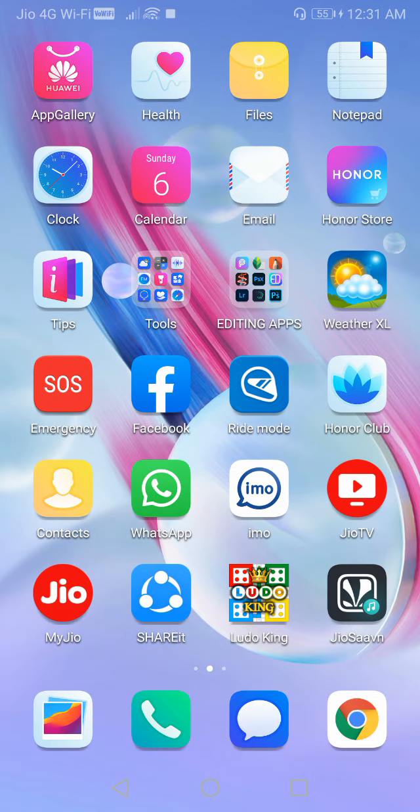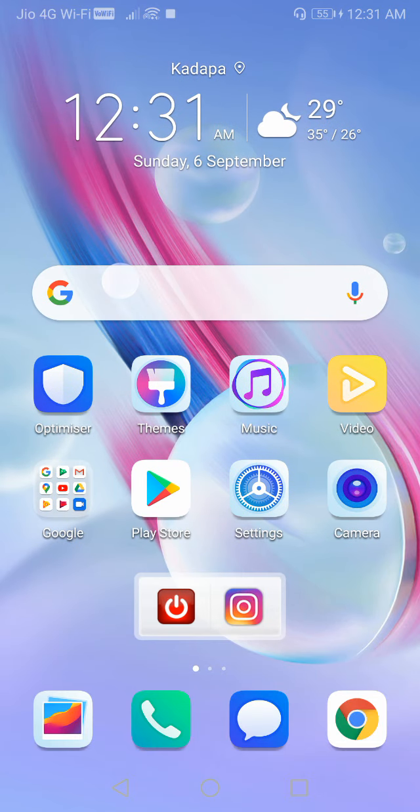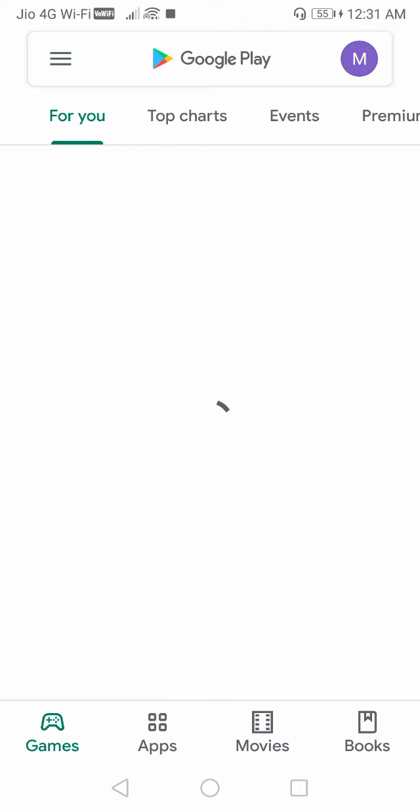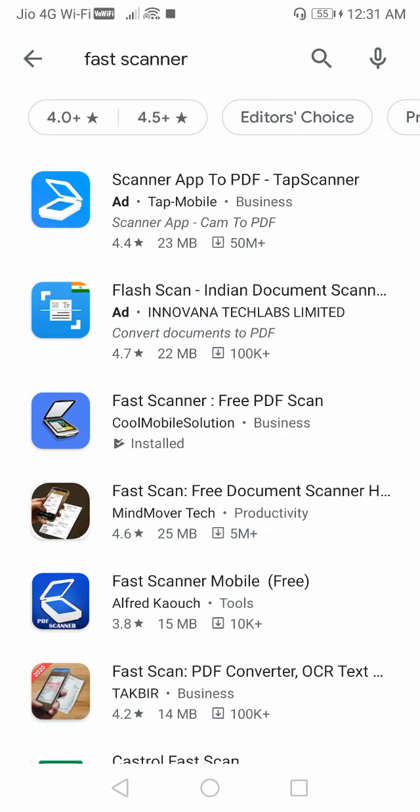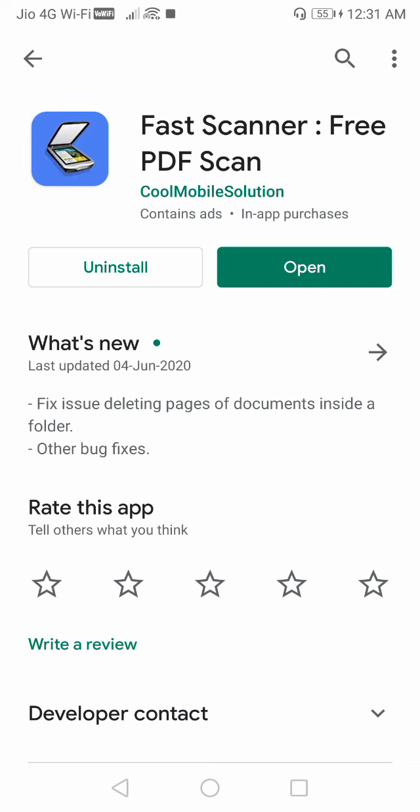At first, go to Play Store and download the app Fast Scanner. I already installed it, from Cool Mobile Solutions.